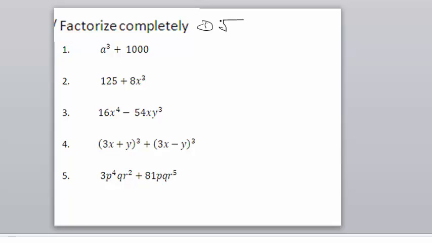So I'll put a cube root here of a to the power of 3, and then plus a cube root of 1000, or rather than 1000, I'll say 10 to the power of 3, because 10 to the power of 3